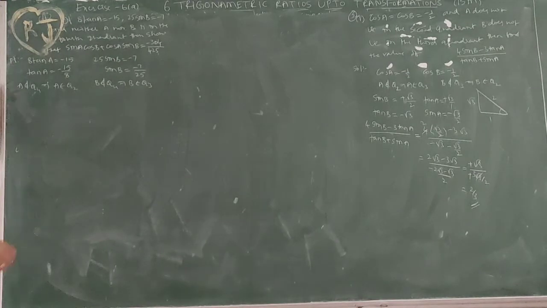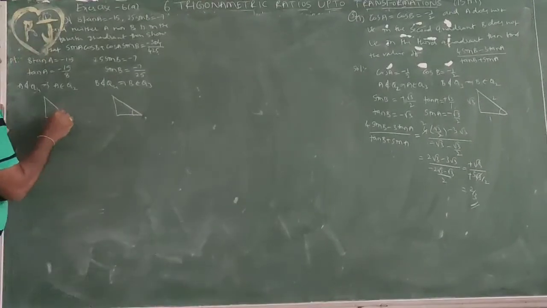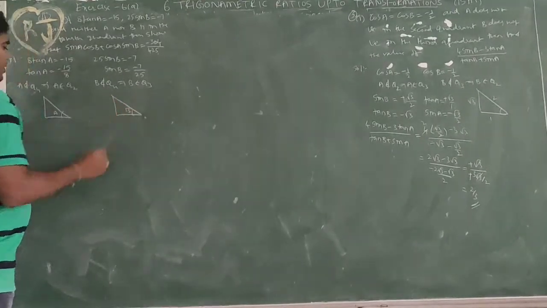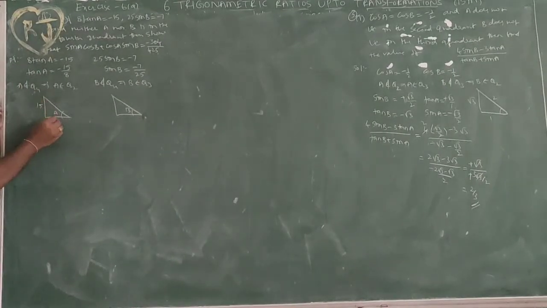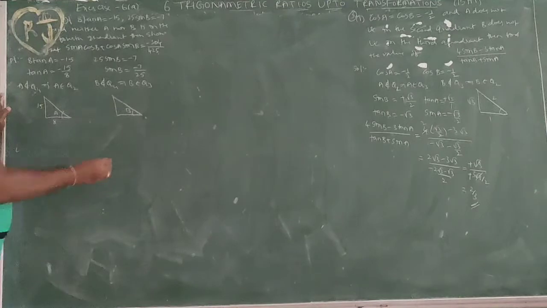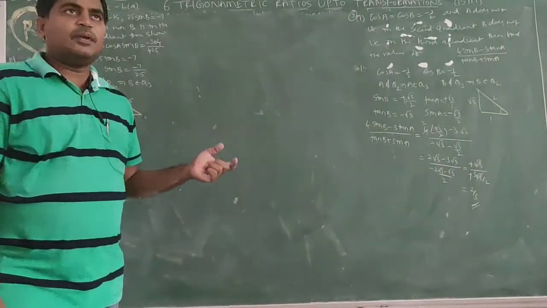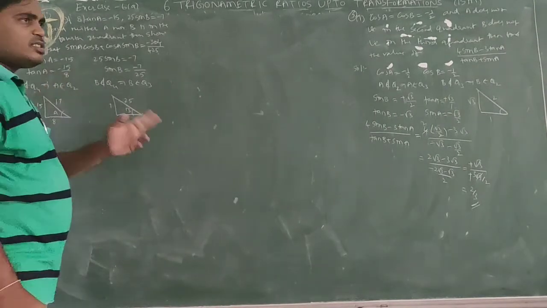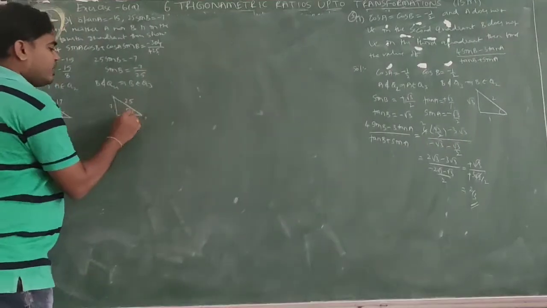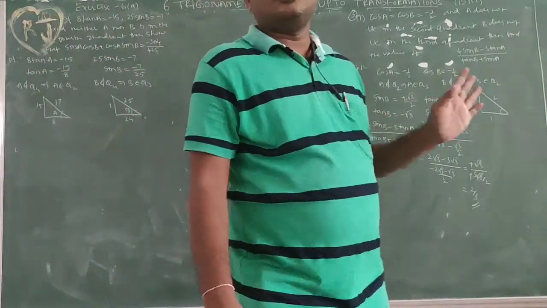Okay, now I am taking right angle triangles individually. This is A, this is B. So tan is 15 by 8, opposite by adjacent. Next sin is 7 by 25. Already we know the Pythagoras triplets 8, 15, 17 and 7, 24, 25. Or you may also apply the Pythagoras theorem, you will get the same result.